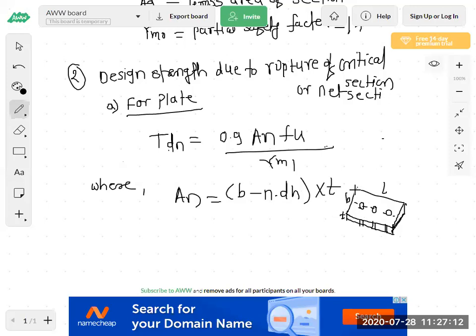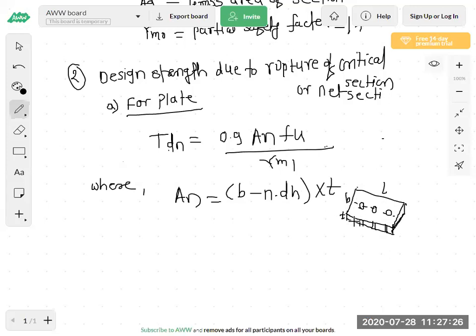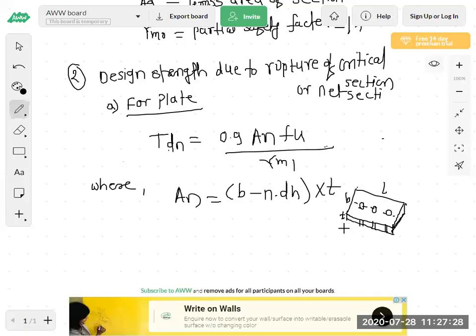या बी विड्थ मधून हे तिन्ही होल्स मायनस करायचे. सो 3 इंटू त्याचा डायमीटर जो असेल तो आणि त्याला जर मल्टिप्लाय बाय थिकनेस केलं तर आपल्याला काय मिळेल, याचा एरिया मिळेल पूर्ण प्लेटचा, बी इंटू टी या पोझिशन मध्ये. आर यू गेटिंग? So this length is here not required because B minus 3 into this holes and next dimension is thickness.